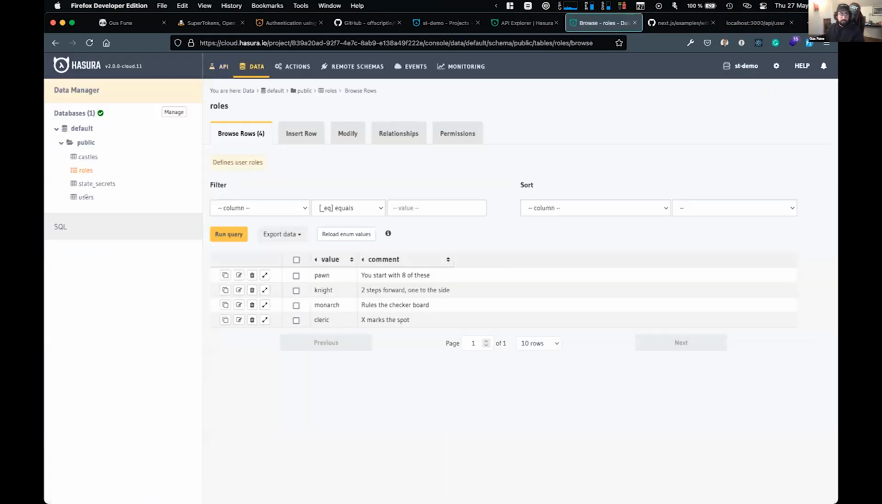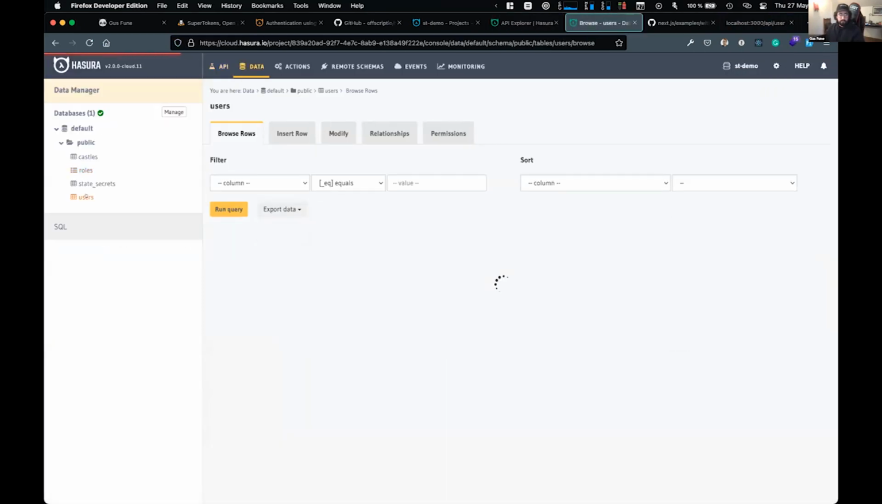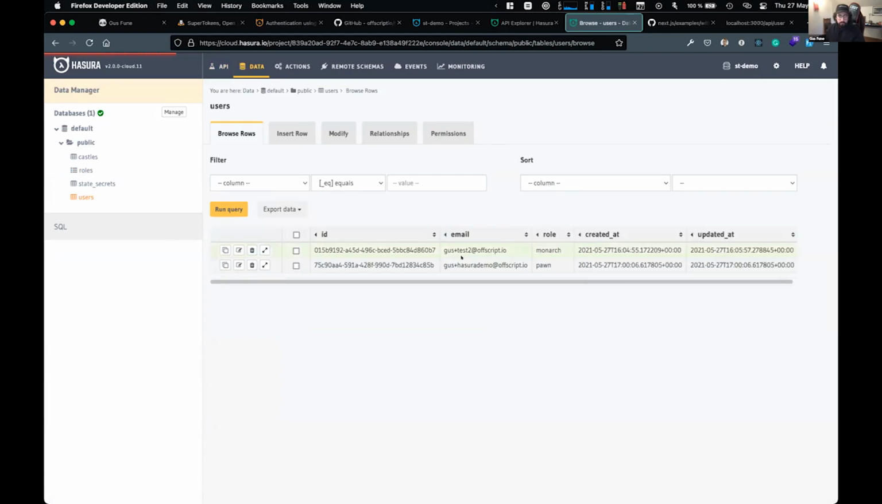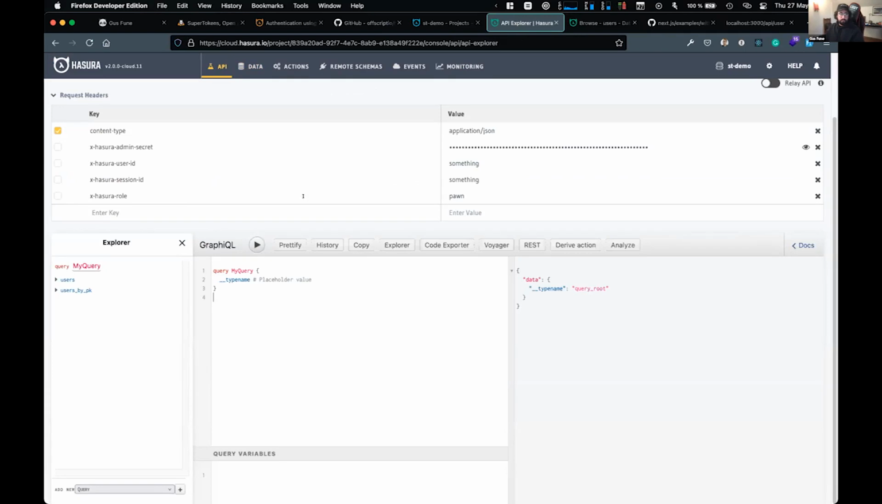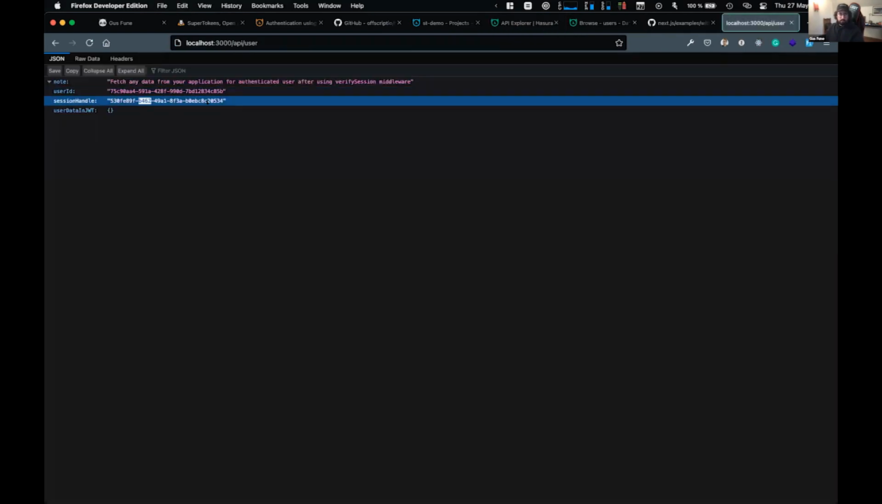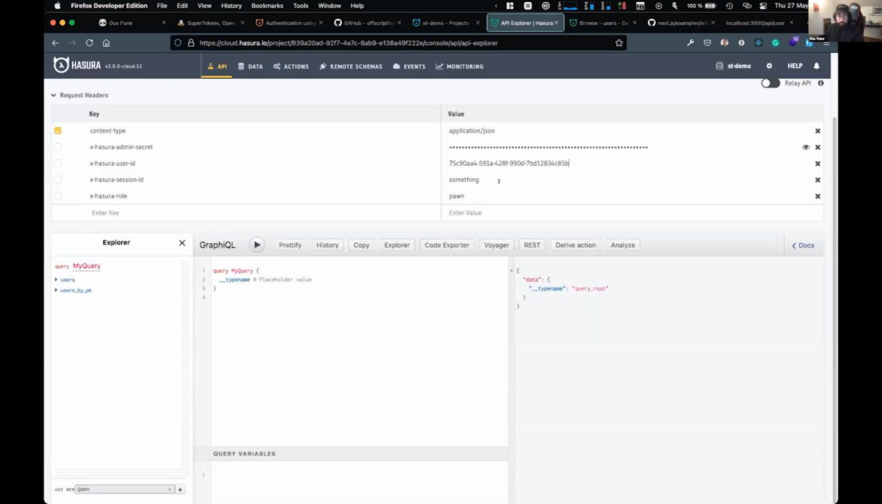So if I go back here and look at the users, you will see that my user was created, user demo, and has a role of pawn. If I come here and add the user and the session handle, you might notice that the user table was open there. I was doing some debugging, so do not do this in production. I can do this because it's a demo. And then if I enable those three,